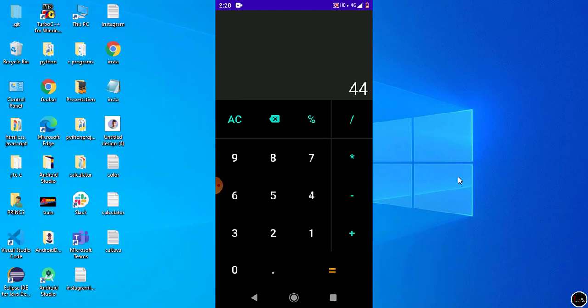Like, I press 444, and the backspace button works fine, and the clear button is also working fine. Now let us suppose I type 555. Now I click on the plus icon, and you can see that when I click on the plus icon, the text which I entered automatically goes to the top. Now let us suppose I want to add 5 to 555. Now you can see 555 and 5. Now I click on equal and you can see it gives me a correct result.